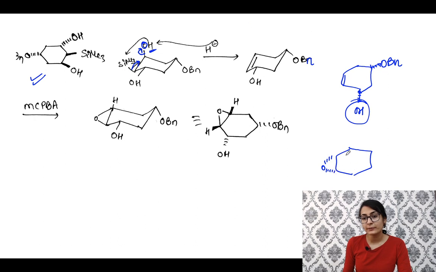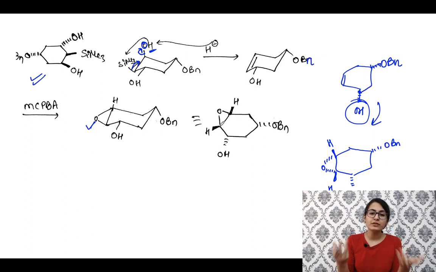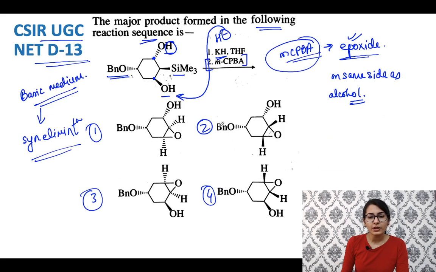So right over here, the epoxide is going to be formed below the plane, and these are our hydrogens, and let's say this is OH below the plane and OBn below the plane as well, something like this. Okay, very easy. So exactly this is what I have written over here. This oxygen is below the plane, both the hydrogens are pointing upwards, so definitely the epoxide is below. So if you want, you can check it out from here. The hydrogens are above, the OH is below, the benzyl ether is also below, and definitely the epoxide is below. So 2 seems to be correct.